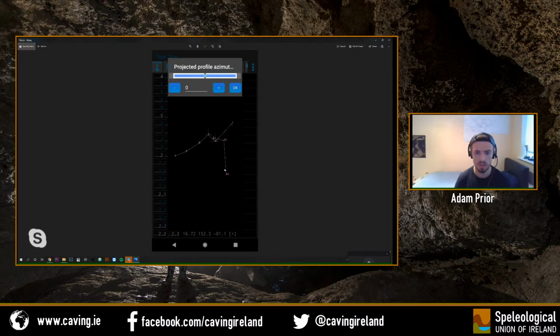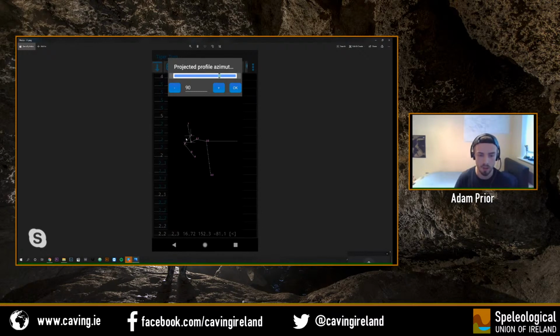This is the same data, looking at it 90 degrees. So I assume that's east and not west. If you look at this one, say 3, 4, 5, 6 is pointing to the left. Rotate this 90 degrees. 3, 4, 5, 6 is now pointing towards us. So that's your different